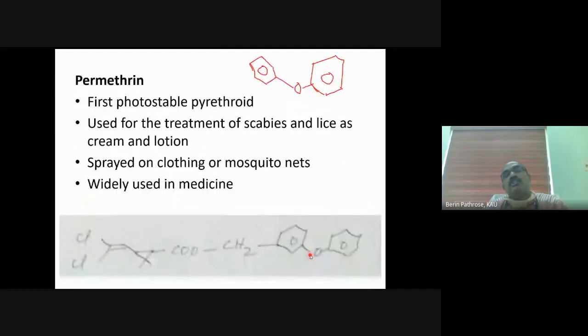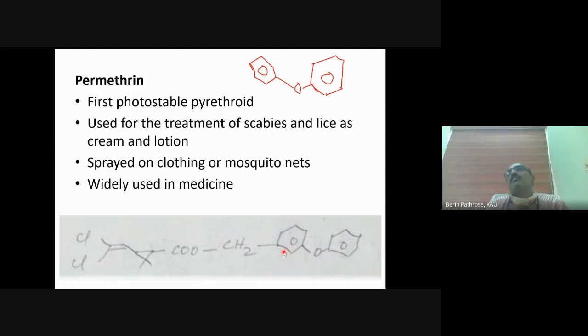I think for UG students, I have kept a picture of the compound containing permethrin. So if someone has a head lice problem, go to any pesticide shop and ask for any medicine for head lice treatment. There are several things, and a few brands still have permethrin. I will show a photograph of it. I think I have a photograph of it. And it is used just like a shampoo.